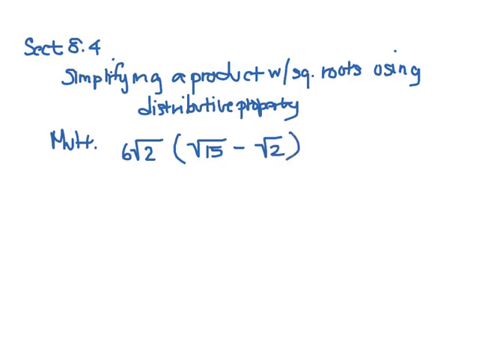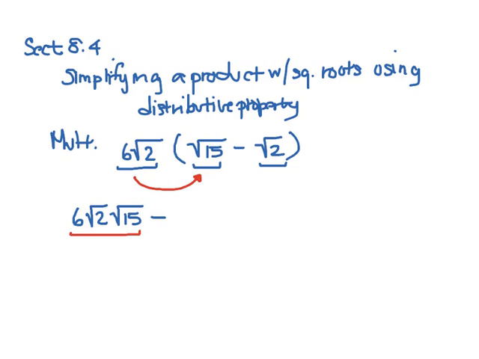Okay, so let's keep track of what we're doing here. We've got this term out here, and then we're multiplying it by these two terms in here. So I'm going to take my very first distribution, let's keep track of what we're doing. It's going to be 6 times the square root of 2, right, times the square root of 15. And then, so that's this first part, minus,